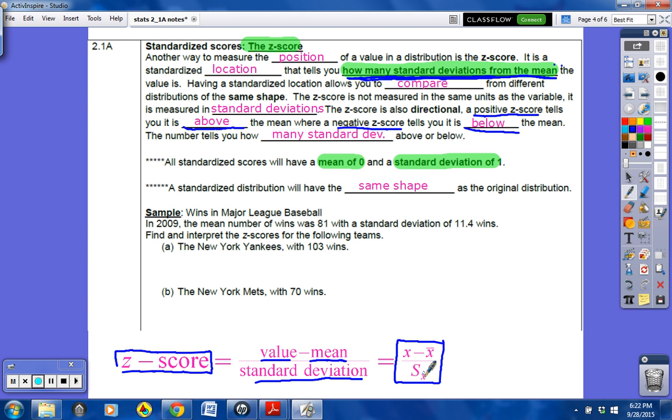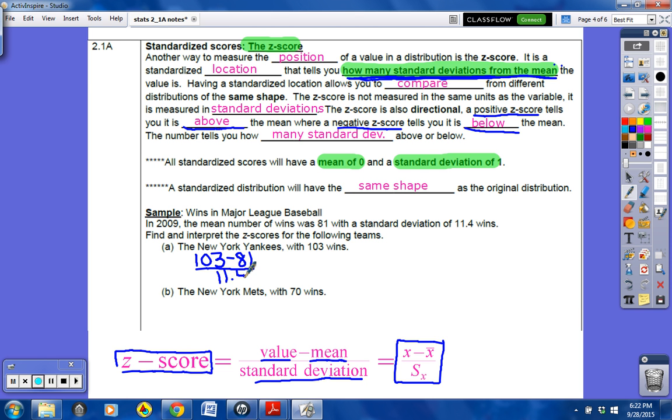So in 2009, the mean number of wins was 81, and the standard deviation was 11.4. Find and interpret the z-scores for the following teams. So the New York Yankees had 103 wins. So I would take that 103, I would subtract our mean of 81, and I would divide by the standard deviation of